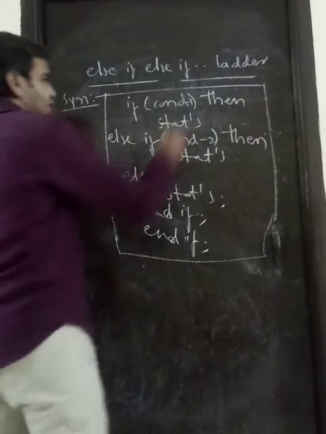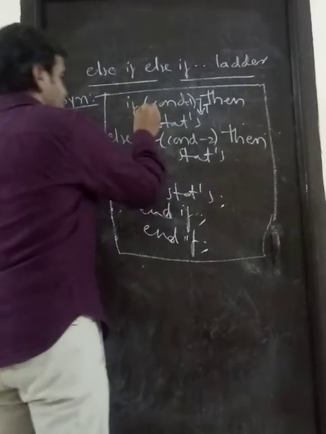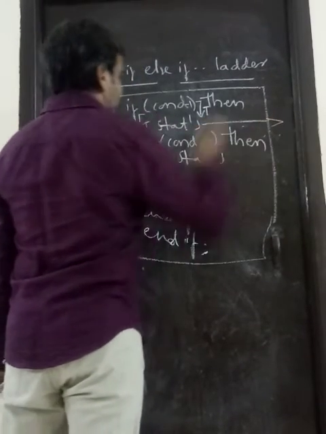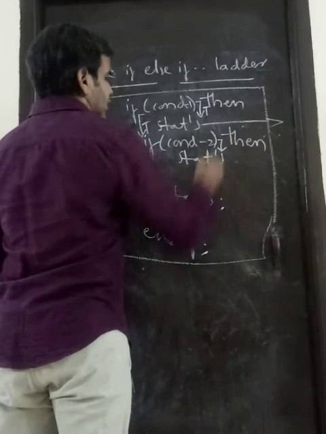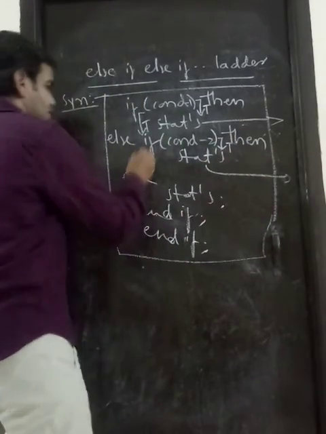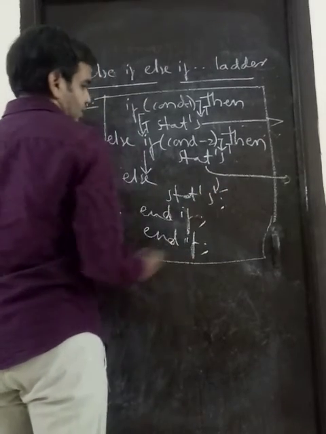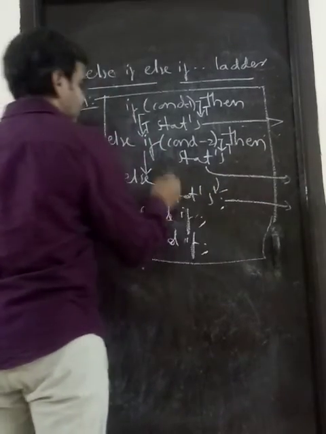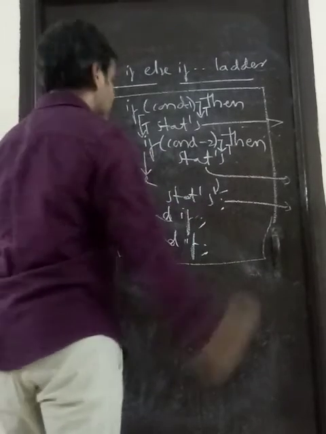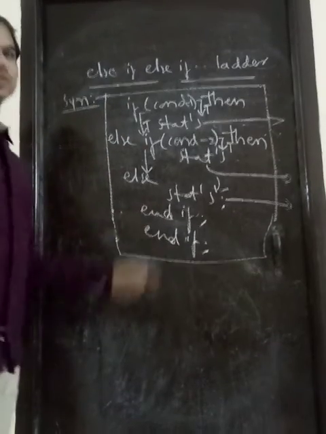See, if condition is true, we are executing statements 1. If condition is false, cursor goes to here. If it is true, it will print, then exit. If condition is false, cursor goes to here. If the second condition is true, it will print statements. If condition is false, control goes to the else part. It will execute statements, then it will exit. If this condition also is false, cursor comes here, then it will exit. So if there are 2 ifs, we terminate with 2 end ifs.